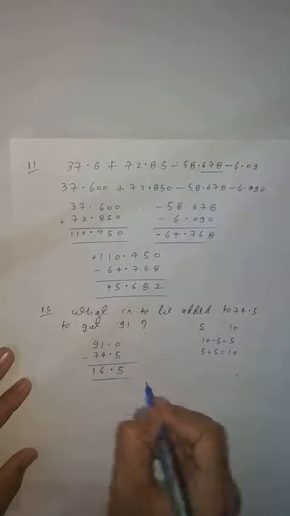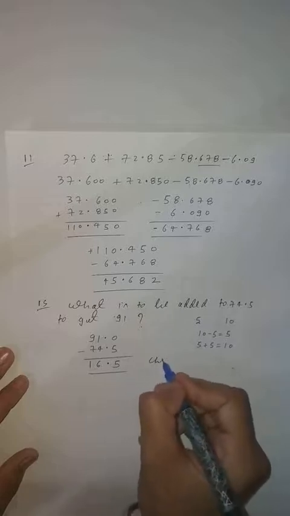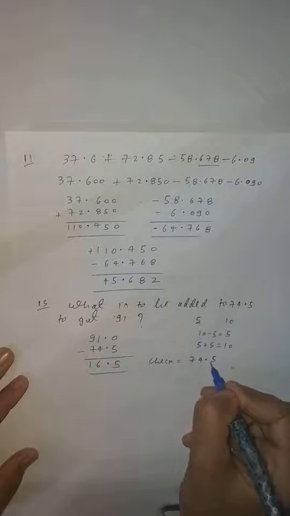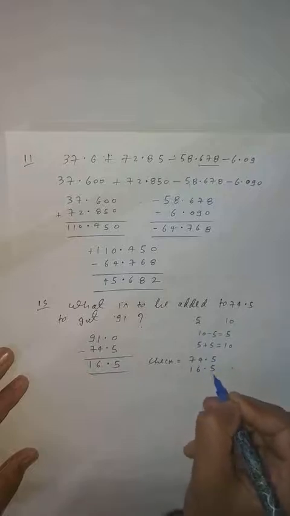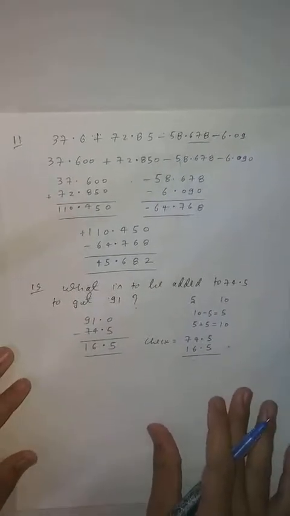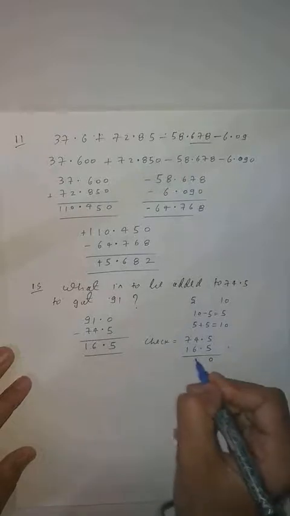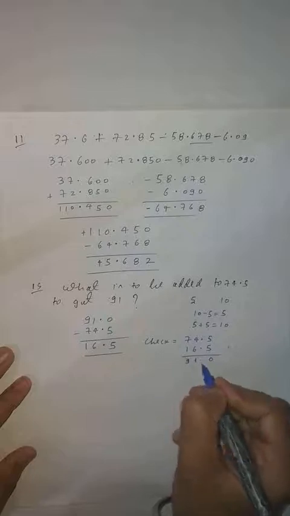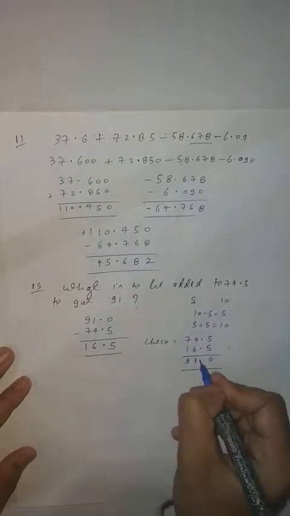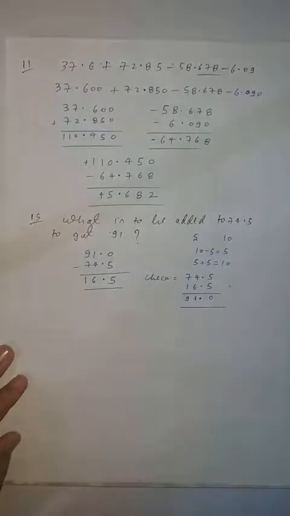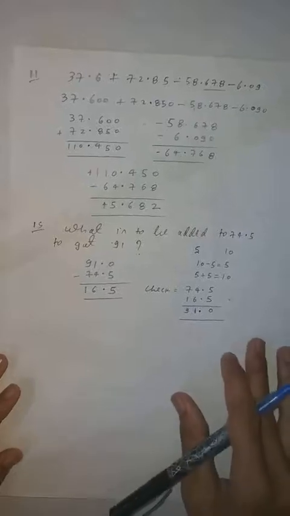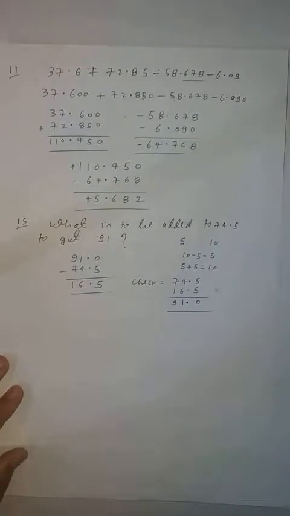1. So now when you want to check whether this is correct or not, you will add 16.5 to 74.5, so check what is coming. It is coming 5 plus 5 is 10, 6 plus 4 is 11, and 7 plus 1 is 8, 9. So this is your correct answer. You can follow this method. Clear student? What I explained, you have to subtract the smaller number from the greater number. Is that clear student? Now come to the next question.